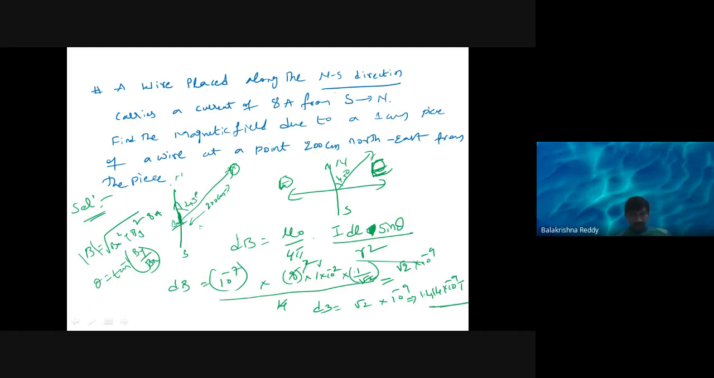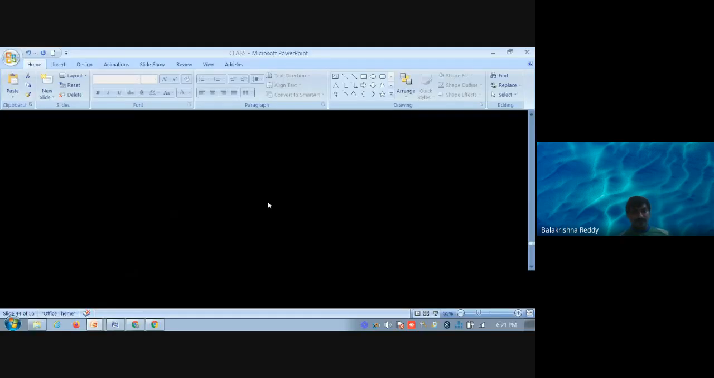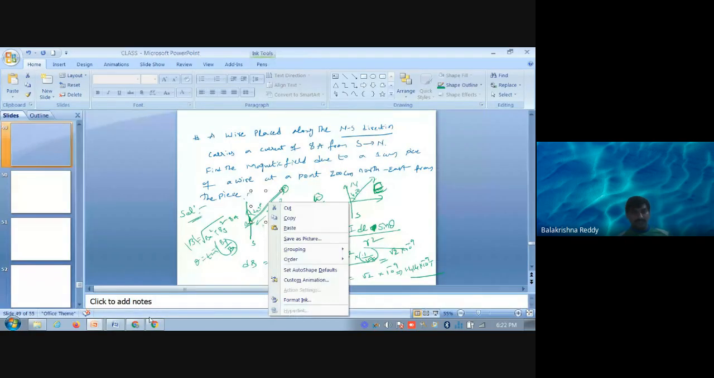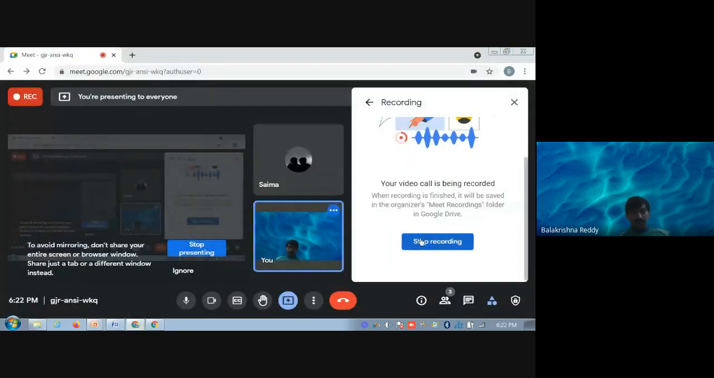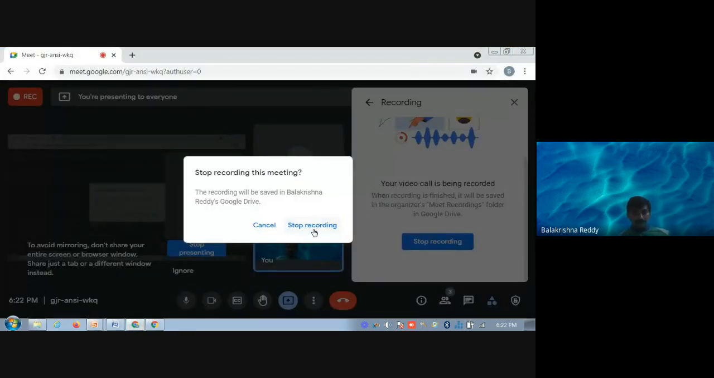Now, a few more numericals we will discuss, and we will enter into the new lesson with this also. In this case, Biot-Savart law and Ampere's law numericals will be asked more, and not only those, conversion